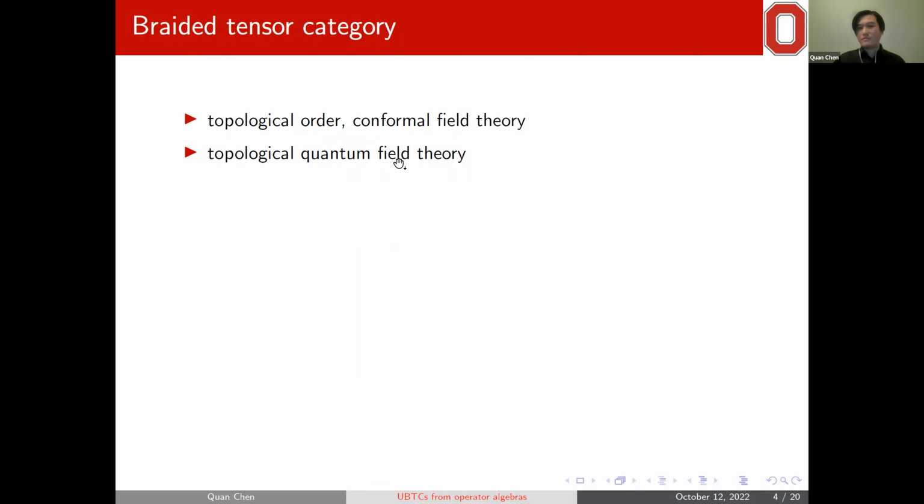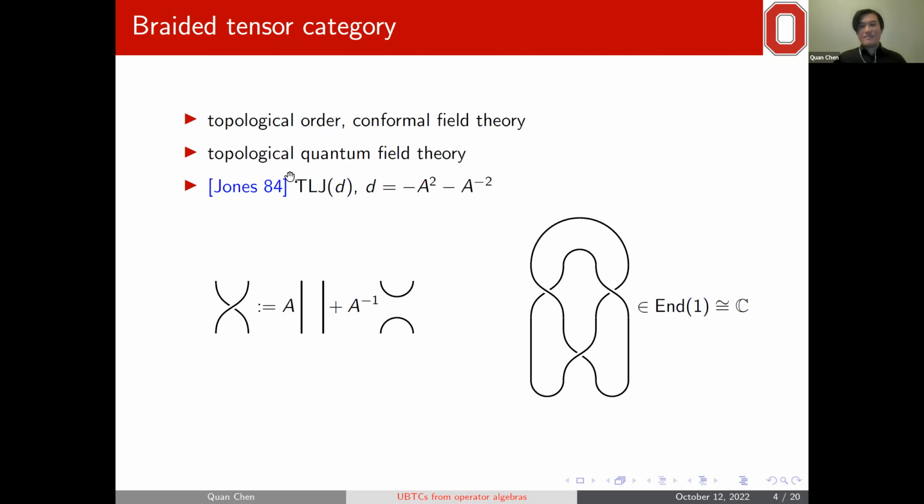And for topological quantum field theory, if you do a 3D topological quantum field theory, it's classified by modular tensor category, which is a braided tensor category with non-degenerate braiding, and also spherical. And another good reason is that Vaughan Jones